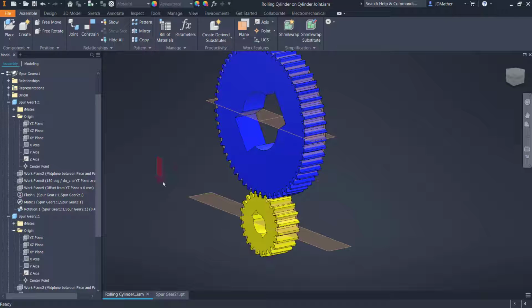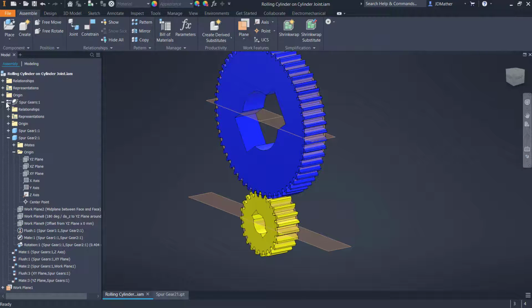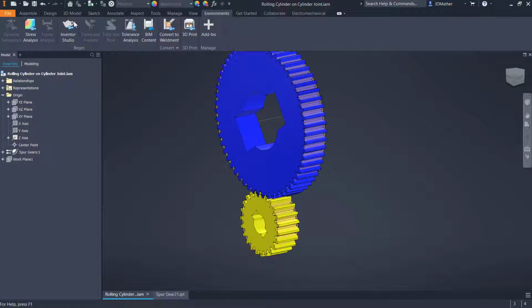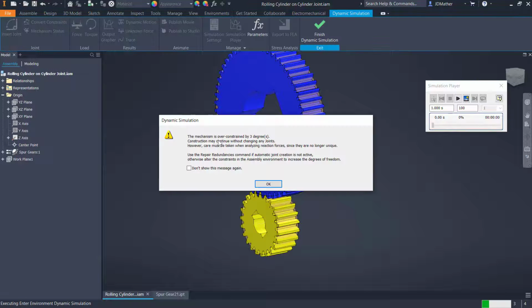If I wanted to just drive these, I could do an angle constraint between this plane of the assembly and a plane going through the pinion gear, and then drive that angle. So let's just go into dynamic simulation, and I'm going to turn off the visibility of these planes. I'll go to environments, dynamic simulation, and it tells me that the mechanism is over constrained by 3